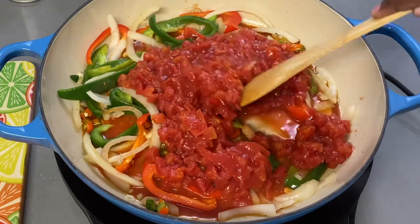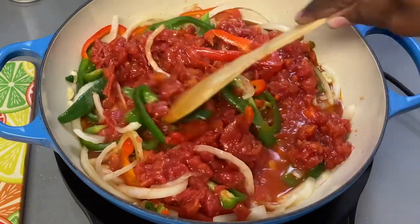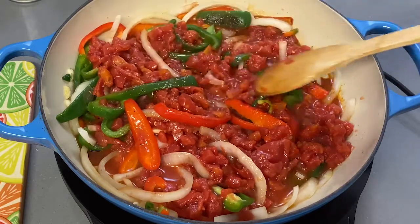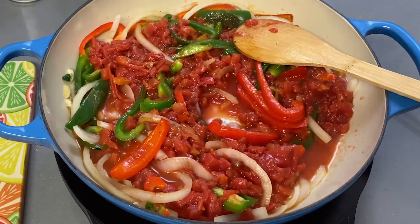And I've already also added some salt and pepper at this point to the tomatoes here. And after I incorporate the tomato sauce into the vegetables, it's time to add another key part of this dish. And that's gonna